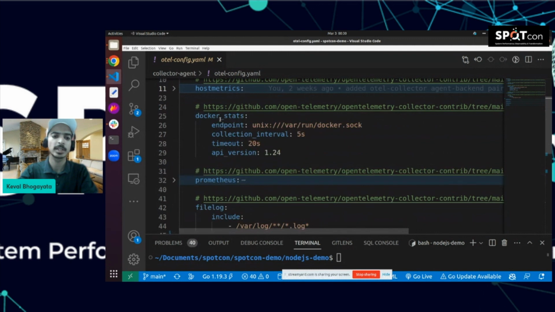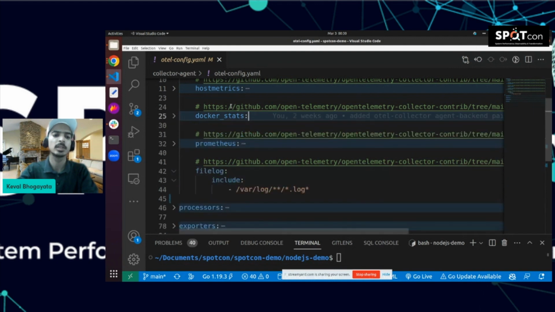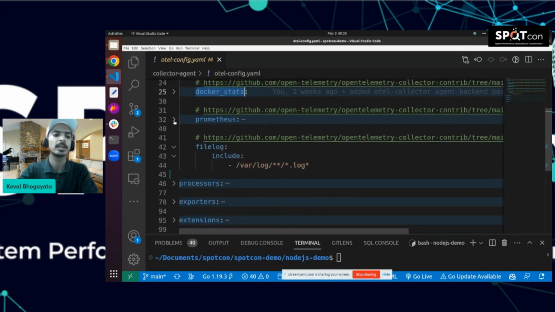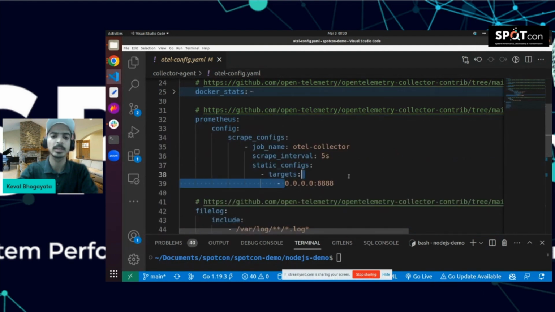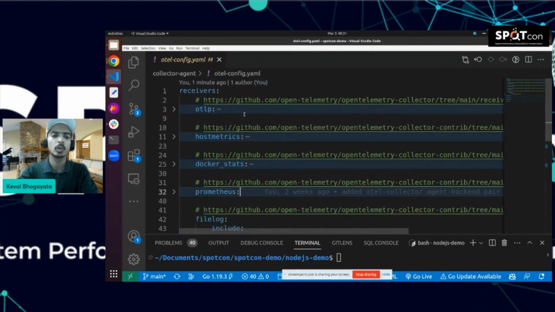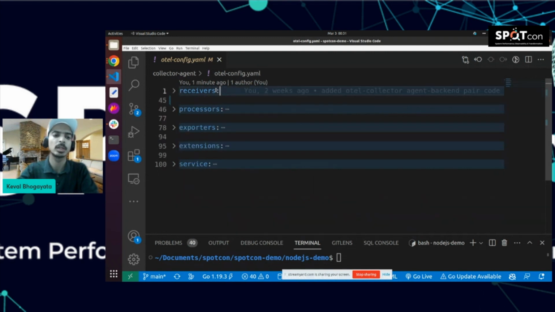And then we have the Docker stats receiver. This particular receiver can help you monitor data of the Docker containers running inside your system. You can see how many times they got restarted, what their resource usage is, and all those things. This is another receiver I wanted to talk about. Then there is the Prometheus receiver, so you can scrape any Prometheus endpoint, collect data from that endpoint, and send it to your backend server. So this is how receivers mostly work. They scrape the data for you, and you can use this data and pass it to the next component of the